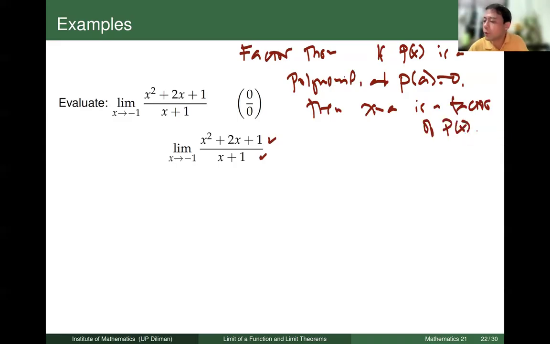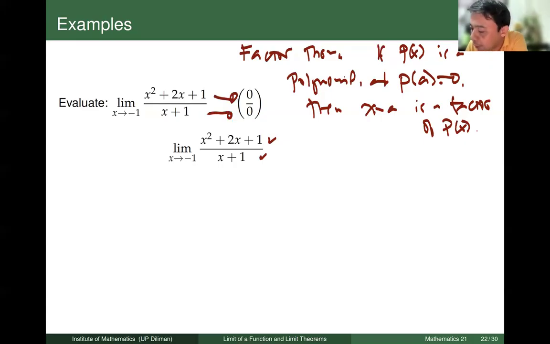So that's the factor theorem. If P of X is a polynomial and P of A gives you 0, by the way, P of A is the remainder when you divide the polynomial by X minus A. So that's the remainder theorem. If P of A becomes 0, so the remainder becomes 0, then X minus A is a factor of the polynomial. So since the numerator here becomes equal to 0, the denominator becomes equal to 0, then we can automatically